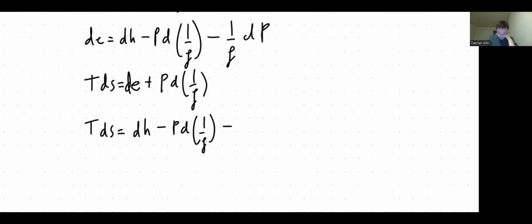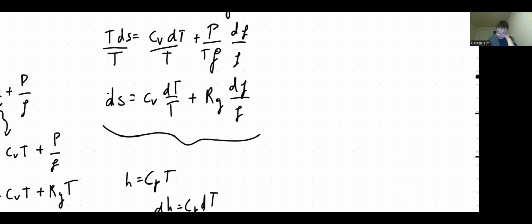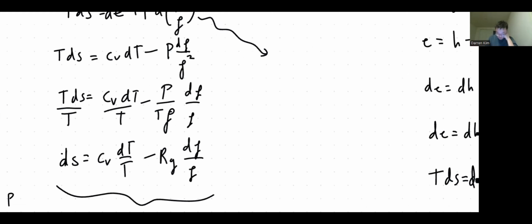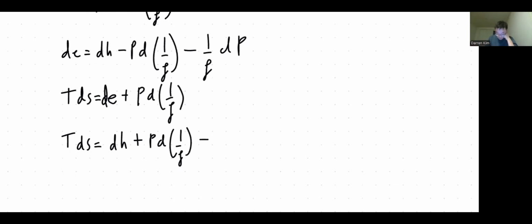Yeah, I knew something was wrong. It's supposed to be minus because there's a square over there. I almost didn't write it down properly. Yeah, it's always minus. Don't forget that. And then it's plus minus. And then, are we putting in all the other stuff? Okay. Let me put in the 1 over density dP, and then it's plus P d(1 over density) over here, and cancel these two out, and we get T ds equal dH minus dP over density,